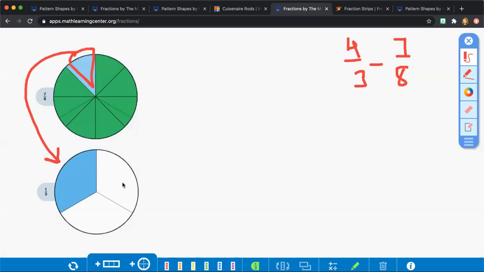So that's where the tools that you have to define the whole, the pattern blocks and the Cuisenaire rods, might be more helpful in this idea of creating that rationale for finding a common denominator. It's not completely intuitive or obvious what these leftovers are. But what we can see is these two little slivers here, just like in the last one, right? When we're comparing the sevenths and the thirds. Well, how much is that space? And so that's where you can